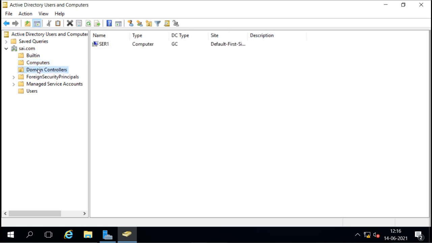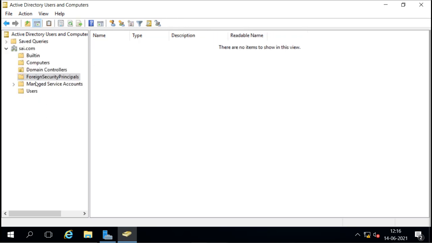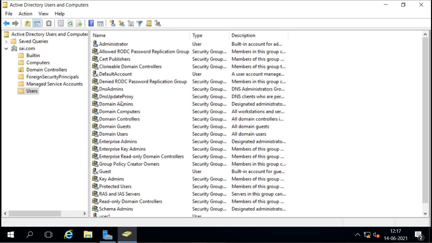Then the Domain Controllers container will contain all the domain controllers. We can have multiple domain controllers in a single domain, and we can see those machine accounts here. Right now we can see our local machine account here, that means this machine is itself a domain controller. Then here we will see the foreign security principals from other domains, here the service accounts, and here all the users and groups accounts.